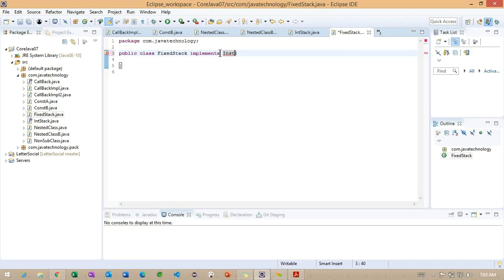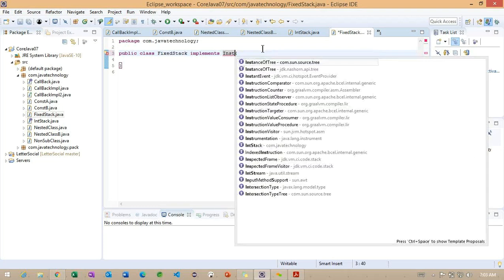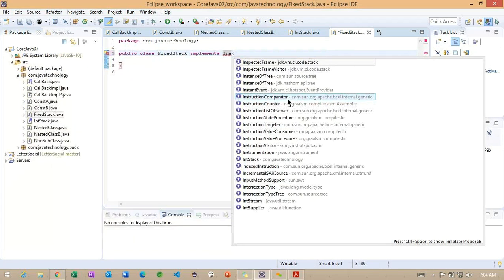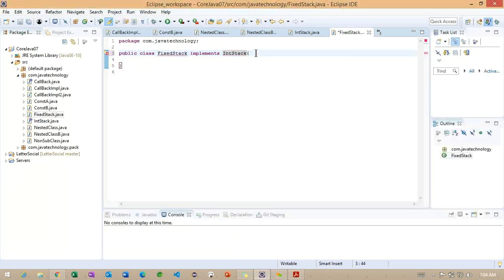It is taking some time to import IntStack. You can check here, IntStack, and whenever we implement it, we need to implement the two methods. What are the two methods? The first one is the push method, the second one is the pop method.